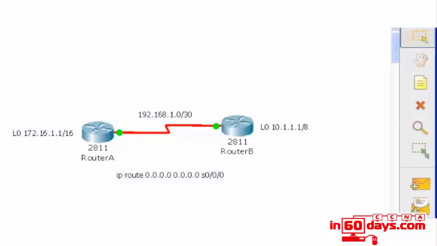Welcome to the Extended Access List Lab. Just for ease, we're going to use the same topology as last time. All the same IP addresses and the static route going from router A to B and B to A. So access list, there's a whole bunch of stuff you can deny or permit with these. So I thought perhaps if we go into router A, first thing we can do is